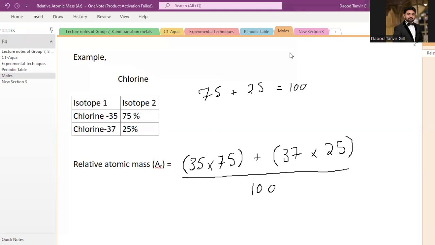Okay. Now I have brought the calculator finally. So what I will do, I will first put the brackets and do the calculation in front of you. As you can see, 35 into 75, brackets close, and then again I will do the other part, 37 into 25, divided by 100, and I will get the final answer as